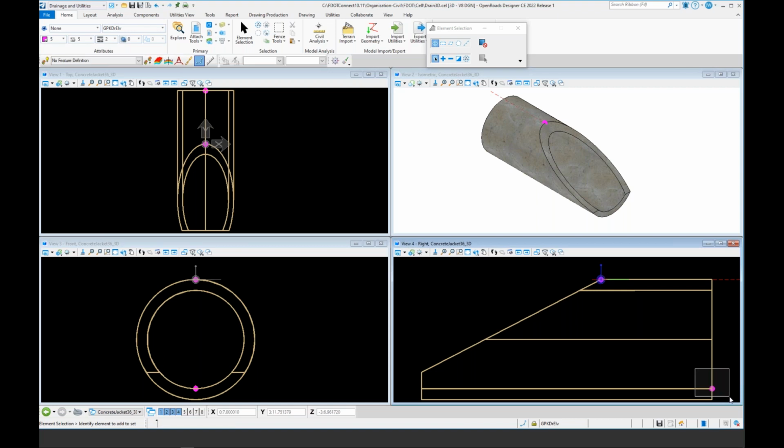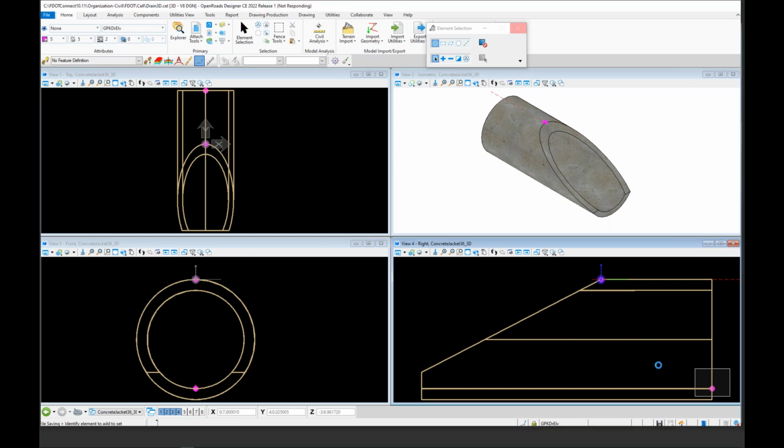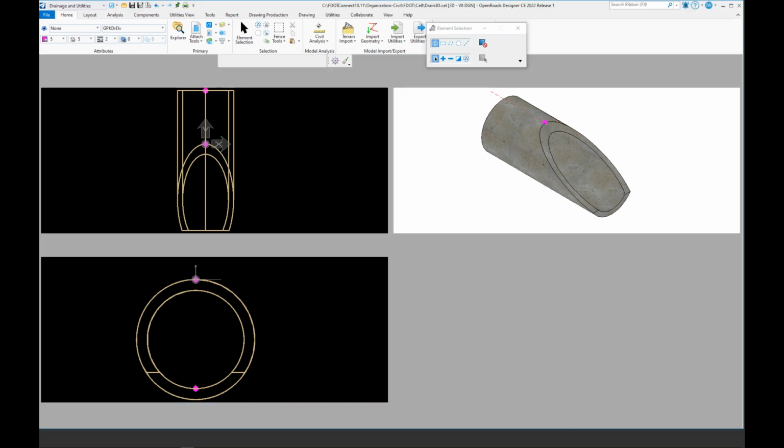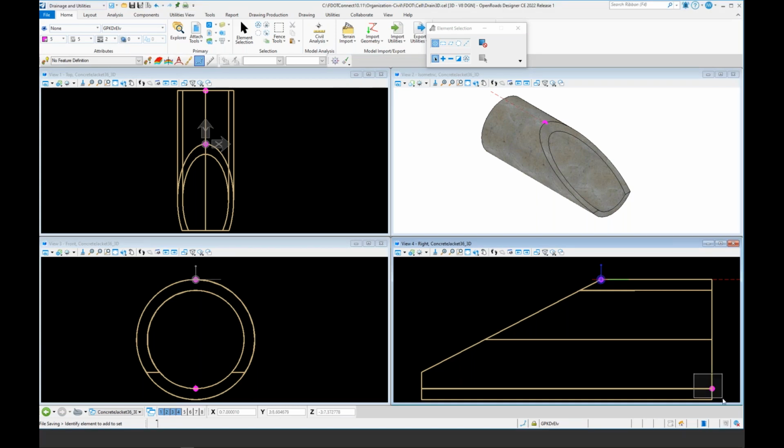So what I'm doing is selecting everything that's at this point right here, which gives me an elevation point. Oh, that's interesting. Okay, fun. I don't know what's going on there, but